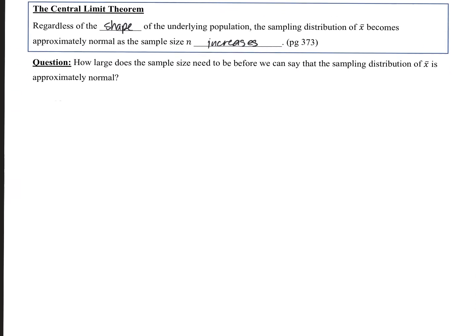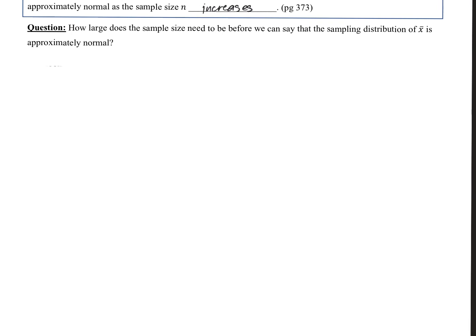So we have a question. How large does the sample size need to be before we can say that the sampling distribution of x bar is approximately normal? So if you want, you can take a look at the book on page 374, and it gives you a few examples visually of what happens as you take larger and larger sample sizes. But basically, as your sample size gets larger and larger, it slowly starts to look like a normal bell curve. And the rule of thumb that was agreed upon by the statisticians was that, here we go,